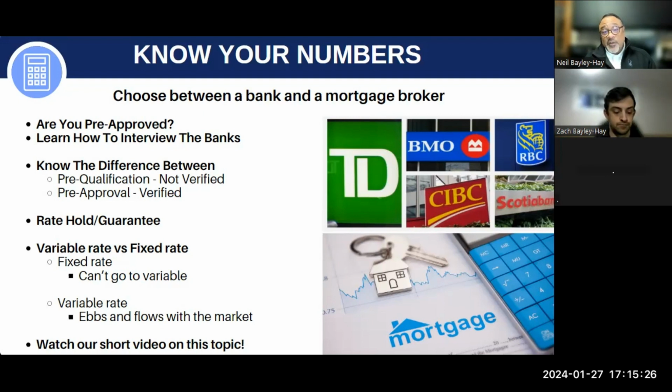Some people don't know for sure that they will, and other people do. It doesn't matter which way. If you want to guarantee that your rate does not go up between the time that you get your pre-approval and the time that you actually purchase a house, providing it's within the rate hold period,